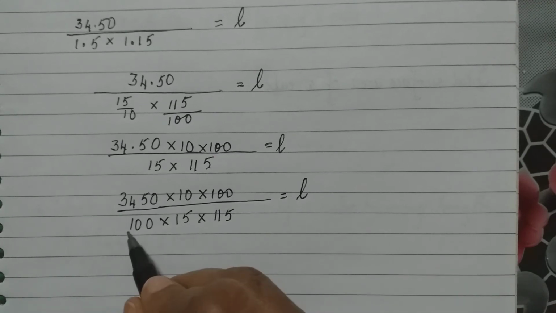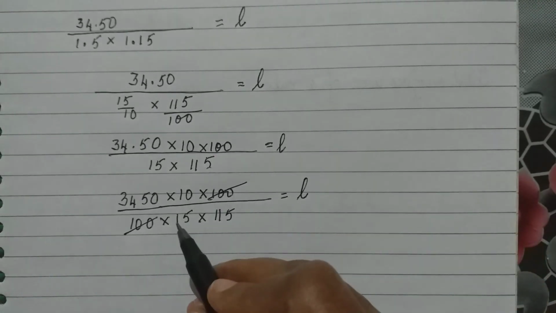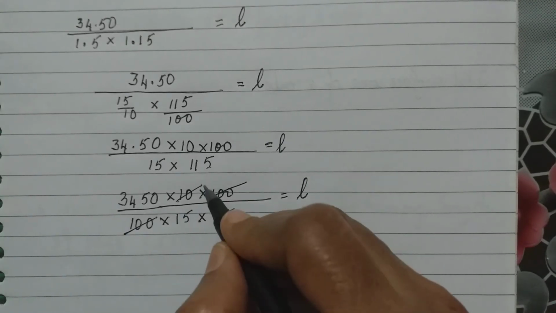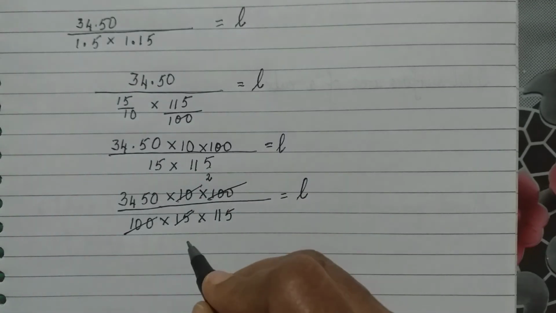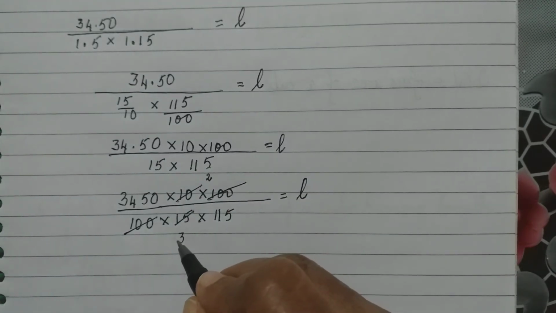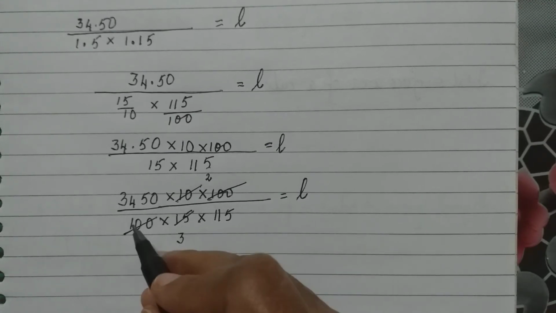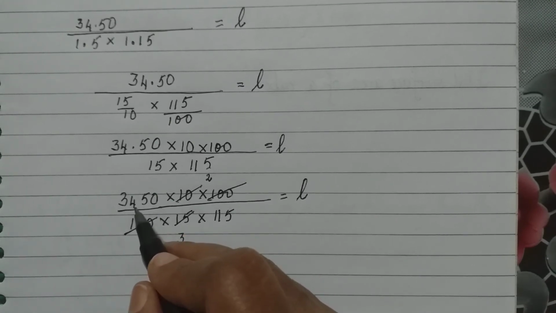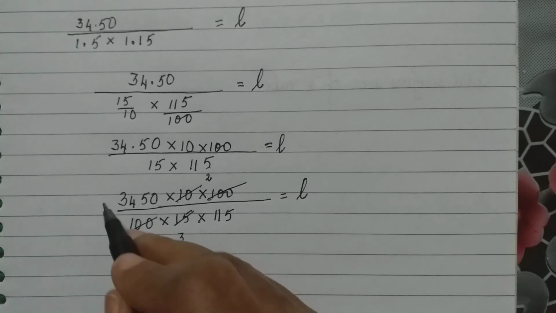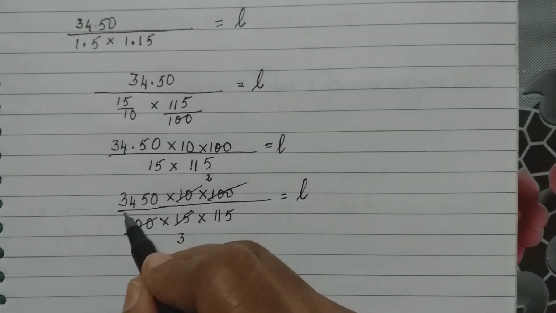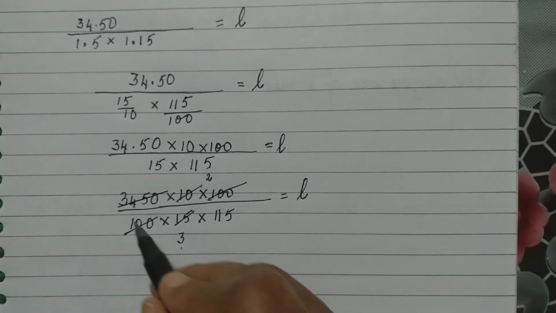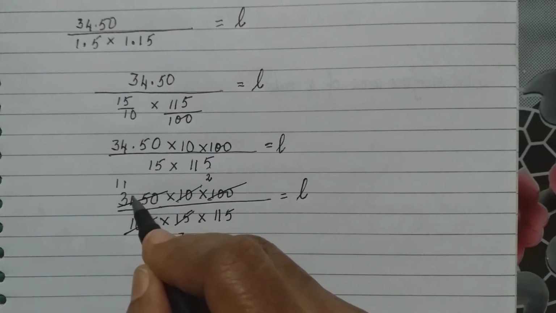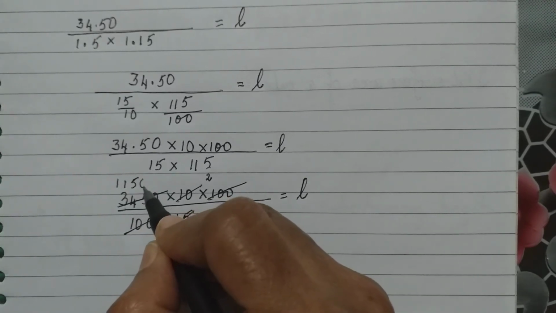Now let us simplify. This 100 goes off, right? Then we have 5 goes in 10 2 times, 5 goes in 15 3 times. Okay, then now this is done. We'll see here whether 3 goes in 3450. 3 plus 4 is 7. 7 plus 5 is 12. So 3 goes here. So we cancel here. 3 goes in 3 once. 3 goes in 4 once. 1 remains. In 15 it goes 5 times. In 0 it goes 0 times.